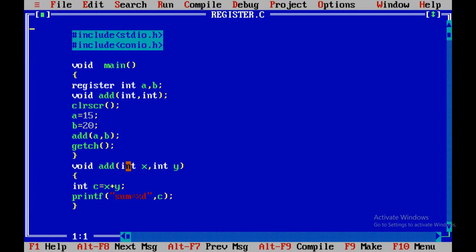If it is a big program, if the program consists of thousands of variables, then the register will be helpful to access the values of a and b. So it is a very short program, so we cannot get the correct idea whether the program is executing faster or slower. If it is a big program, surely this will work faster compared to normal programs. Clear? So this is the thing about all the variables: static, auto, extern and register. So this video is